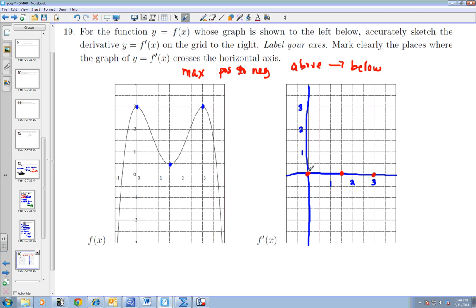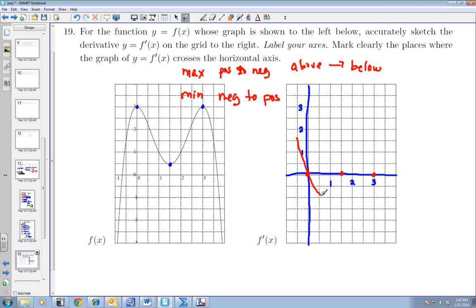So I know since I have a max here, it has to go from above the x-axis to below it. When I have a min, my derivative goes from negative to positive. So I know my graph has to look something like this. Okay, it has to pass these points and it has to go from positive to negative because I have a